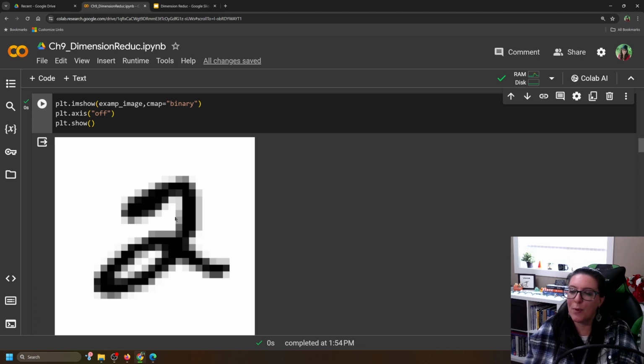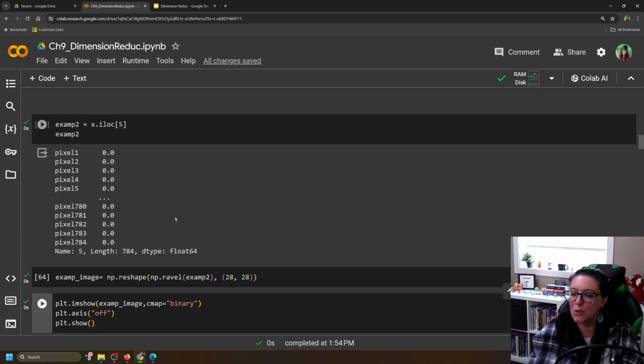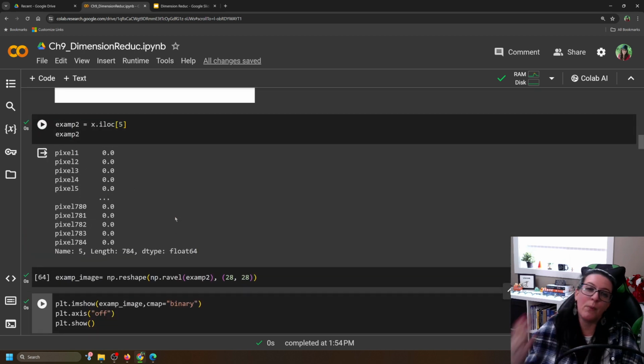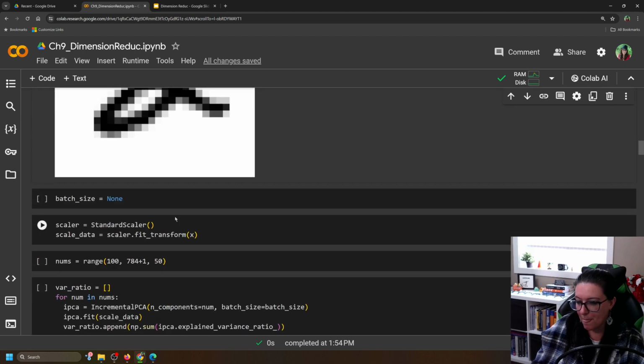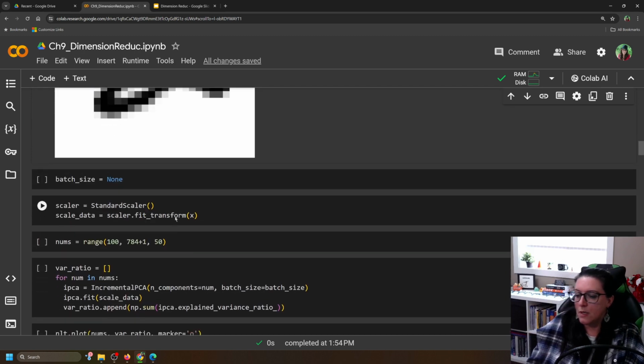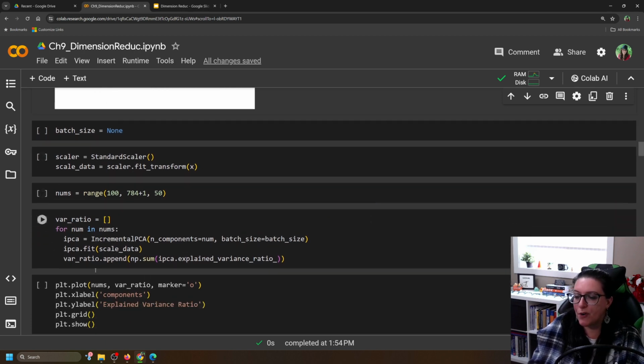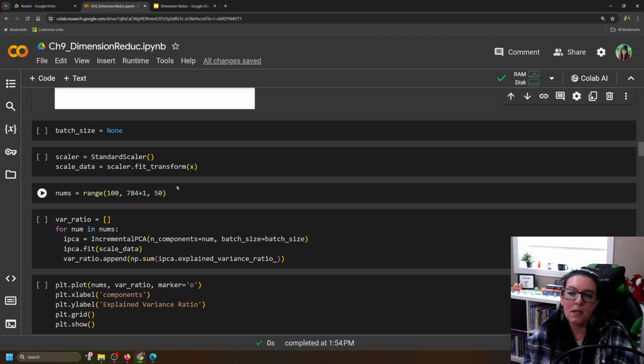So within this data set, not only do we have the 784 pixels per image, but we also have that these images are all labeled. We already have in that database that this one is a 2 and this one is a 4. Okay. So what we're going to do is we first need to figure out what number of components we can do our dimension reduction down to and maintain all of the variance, the variability